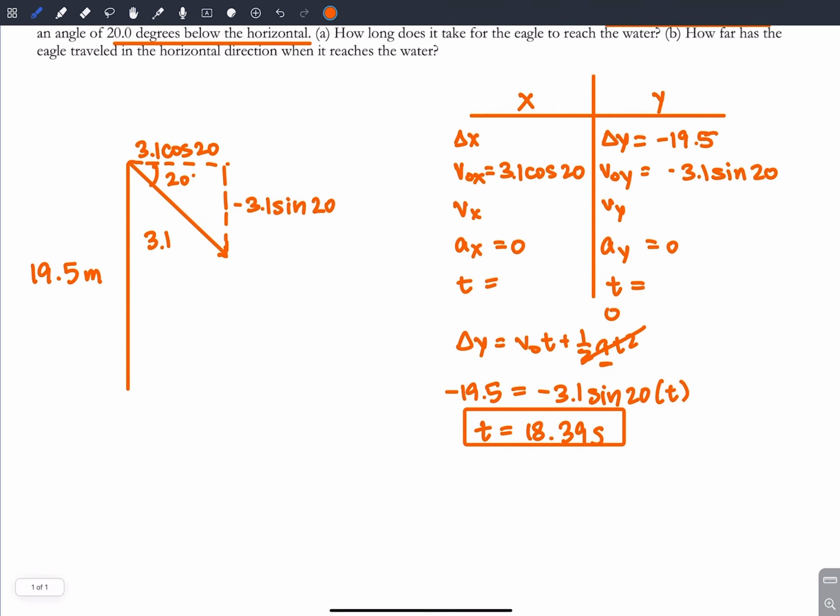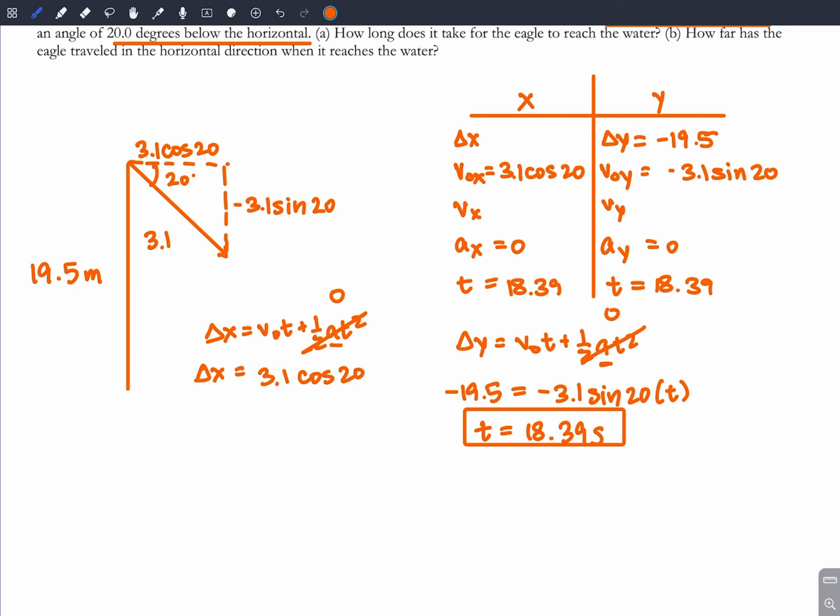Okay, now how far has the eagle traveled in the horizontal direction? So now that we have 3 kinematics variables in the x direction as well, we can now solve for change in x. Change in x equals v0 t plus 1/2 a t squared. Again, acceleration is 0, so this term is 0. 3.1 cosine 20 times 18.39, and that gives us